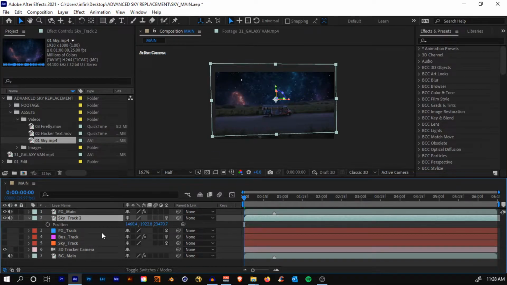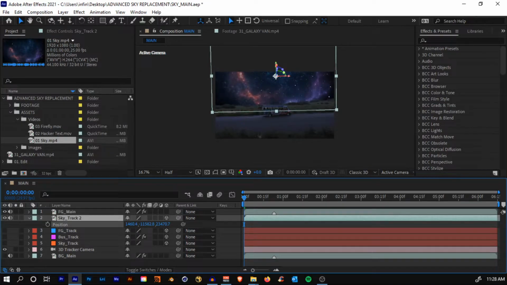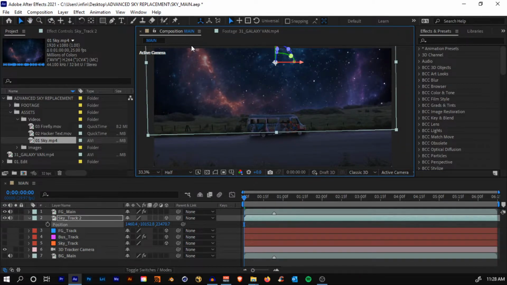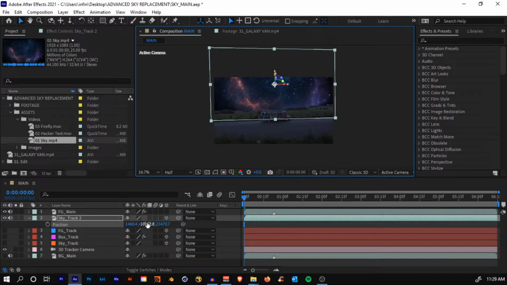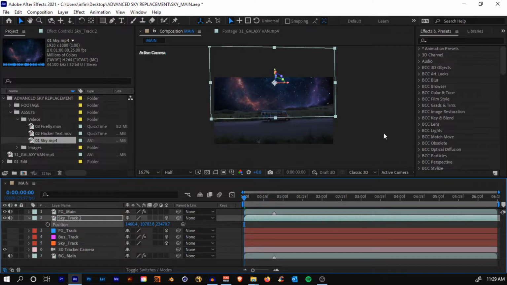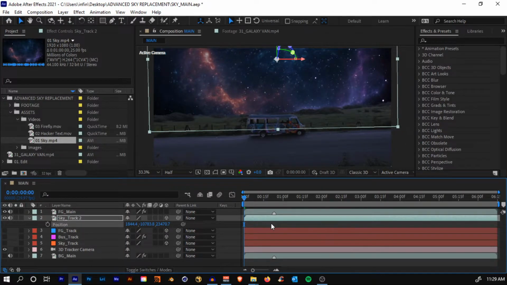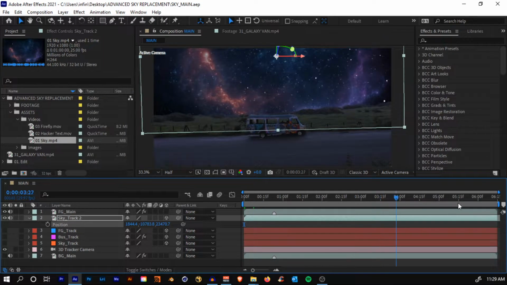We'll hit P and move this on top so that we can see these two little nebulas, I'm not sure what to call them, but I just like them to be right there. So I'm going to get it on top and align it to our scene. Yes, now it's tracked to our scene.